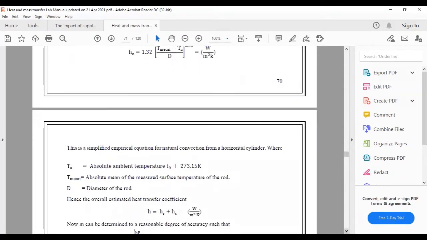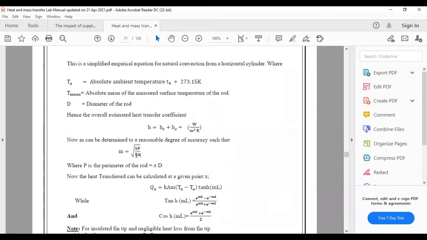So you can see this K, this is the thermal conductivity of rod. This is given. This A is area, surface area. This is also given. This P is perimeter. This is basically equal to pi into D. Pi is 3.1416 and D is the diameter of rod. This is also given. So you have all of these three values, but the one value is H. That is the heat transfer coefficient, and that creates a problem, and that will take a lot of time.